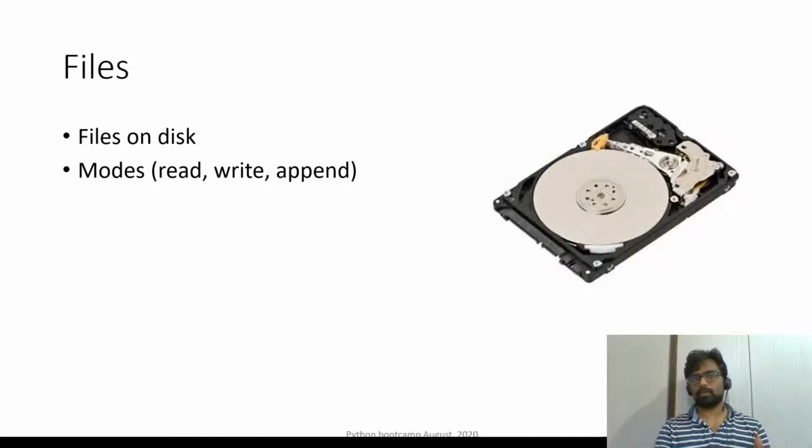The main thing to remember in files is it is located on the hard disk, and the hard disk is just like a pizza, and then there are some elements inside that. To get that, once you open a file, you get a file descriptor. Once you get the file descriptor, you can in a loop either read line by line, or you can read character by character. You can read everything in one shot. So that is called a file descriptor.